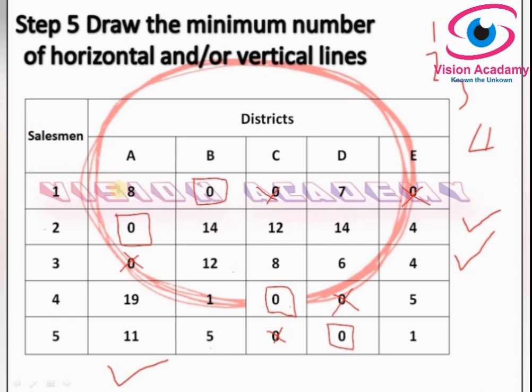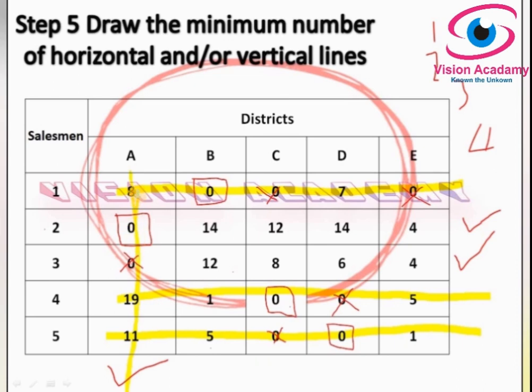So I have to draw a straight line. This is an unmarked row, and the 4th row is also an unmarked row, and the 5th row is also an unmarked row. Marked means I have ticked my right mark here. So except those rows, I have marked all, and along with that, tick mark the columns which have marked. Okay, here only 1 column is marked. I should also tick mark this. So I have tick marked this.